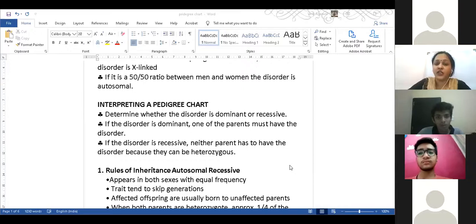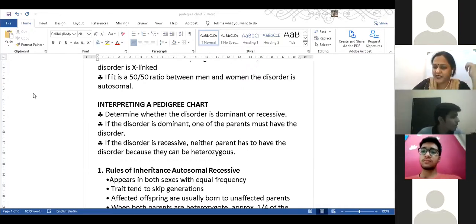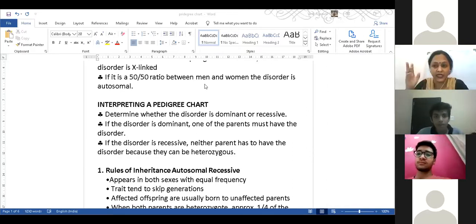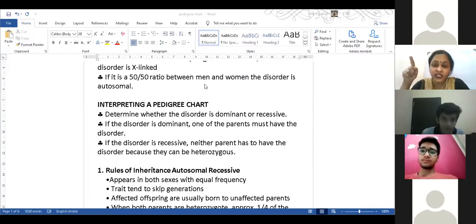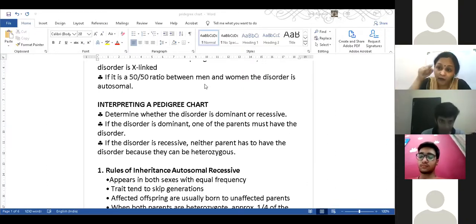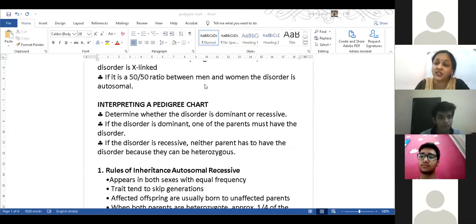Fine. So interpreting now, next thing, after doing this calculation, first thing we come to know is whether it is autosomal or sex-linked. The second thing we have to know is whether the disease is a dominant trait or a recessive trait. Now, what do you mean by a dominant trait or a recessive trait? A dominant trait will express itself. For example, capital T, small t. एक भी capital T है मतलब tallness gene was there. So tallness was dominant. और recessive characters अपने आप को कब show करते हैं? जब दोनों homozygous condition में हो.